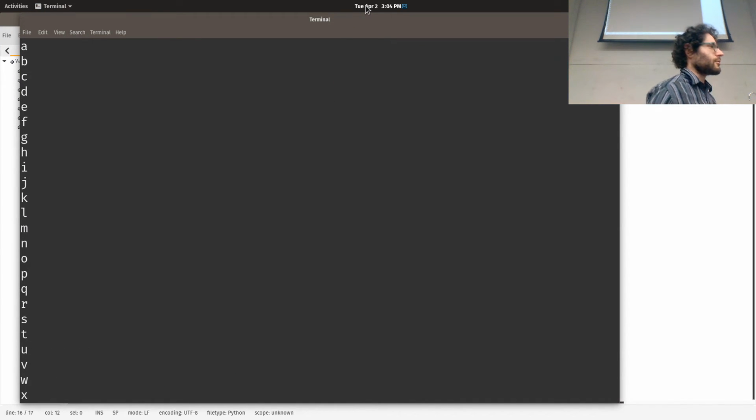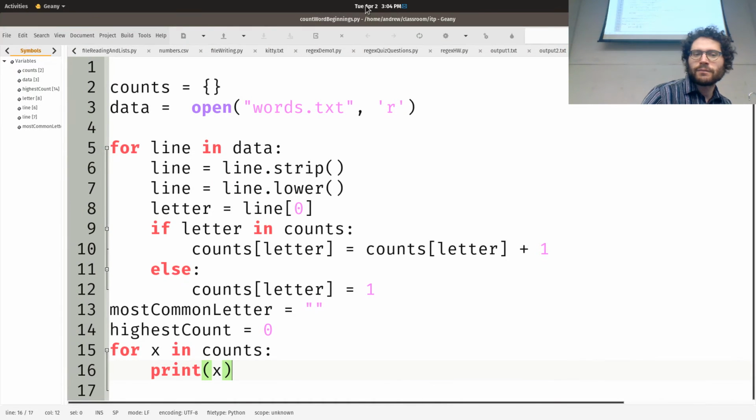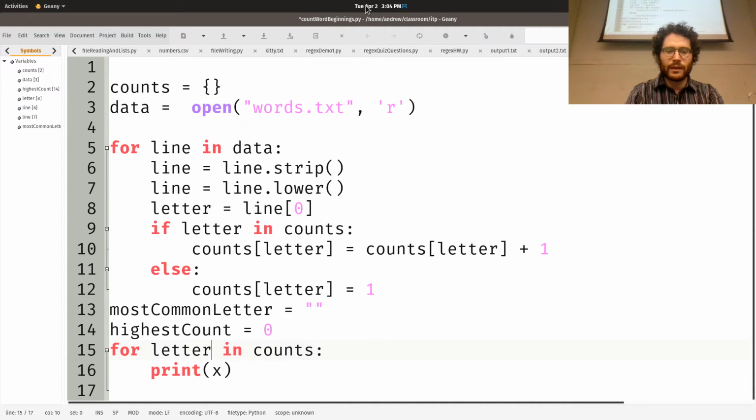So it goes through and actually prints them out. They happen to be in order because of what's called a hashing function that basically arranged all those in order. So A, B, C, D, E, F, G. But you'll see that that doesn't necessarily hold for other things. So for X in counts, great, it will go through the keys. So for letter in our counts,